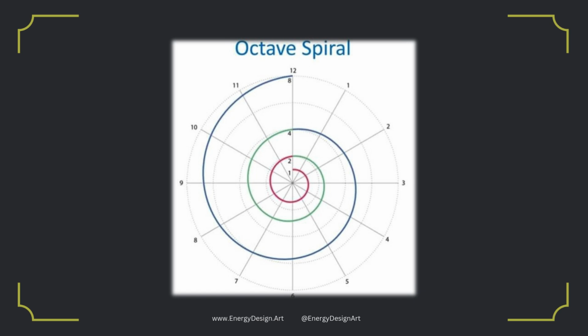Then the next step is to connect 1 with 2, so we try to make a circle, but we have to extend it a bit so it looks like a spiral. It requires a bit of practice to draw it nicely, like here. So I suggest, for example, to print it and try practicing drawing those spirals.